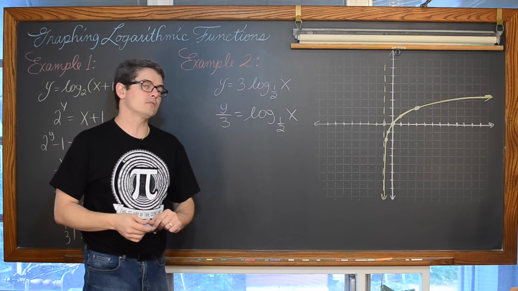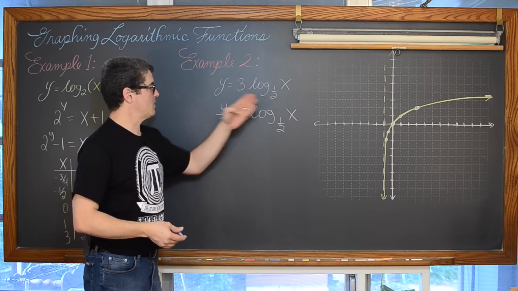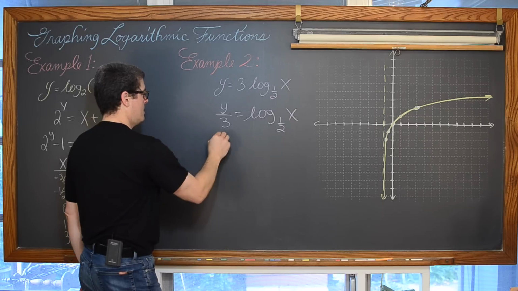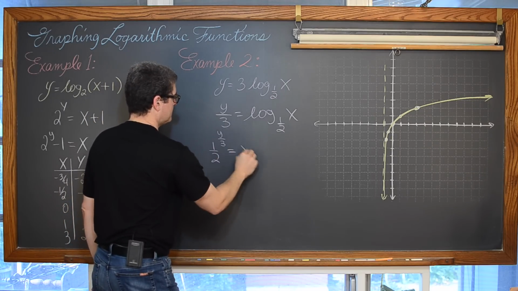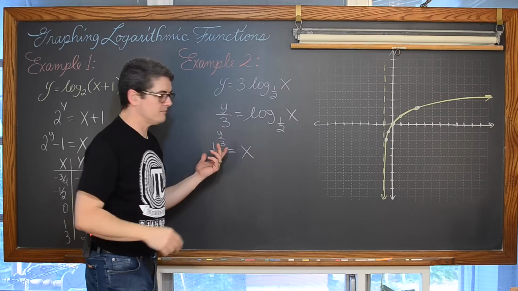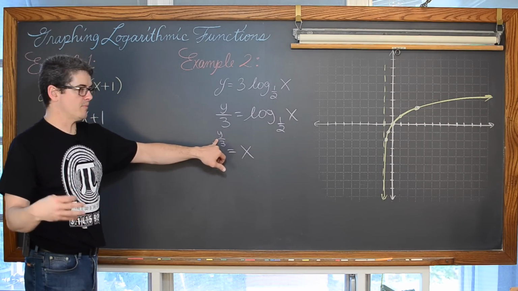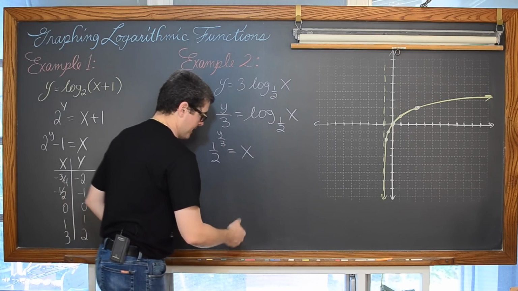The leading coefficient of the logarithm is equal to 1, so we're going to go into exponential form, which is base, exponent, answer. So we have 1/2 raised to the y over 3 power is equal to x. Now you think, well, that looks a little bit nasty. But you have control when you're building a t-table of what you decide to set as your value of y.